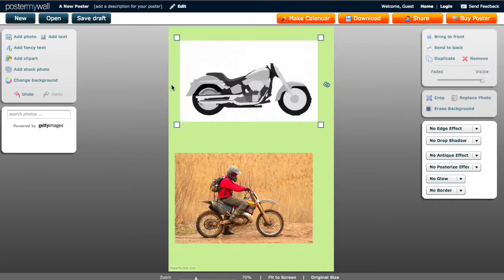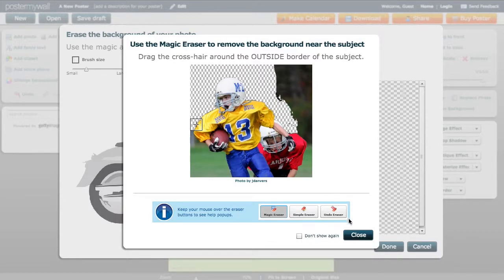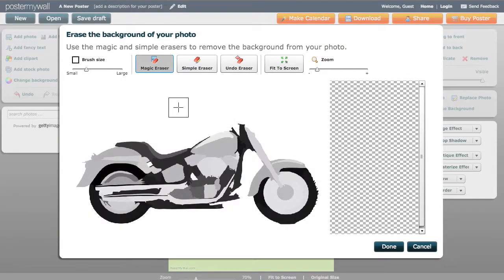You can tell that the image is selected because I have these handles. And off to the side, I get these menus that pop up. I want to click Erase Background. And basically what this does is it gives you this magic eraser that I can then click, and what it's doing is, if you can see, it's looking for the contrast between the background and the foreground,